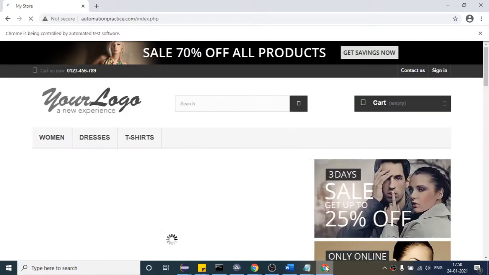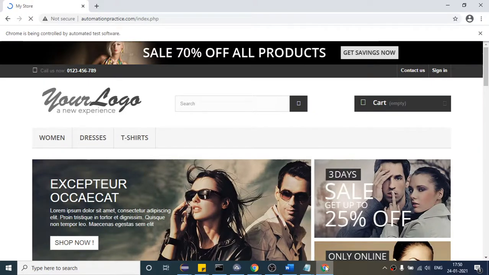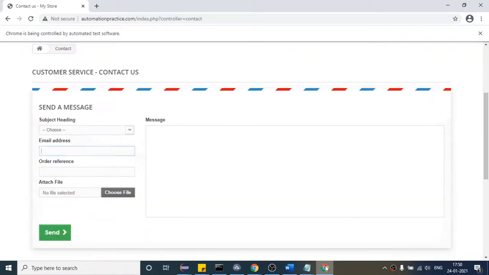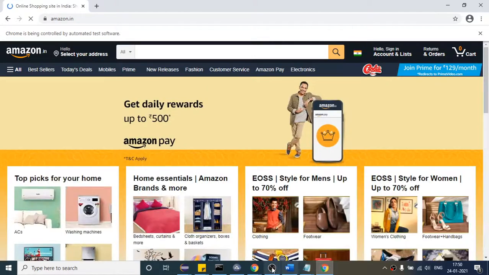Again, three websites will open. You can see the first one, second one, and third is Amazon, right? After that, program execution is done, right?